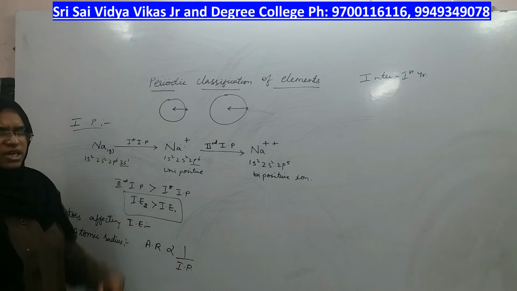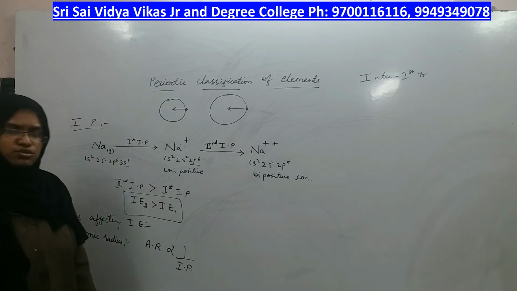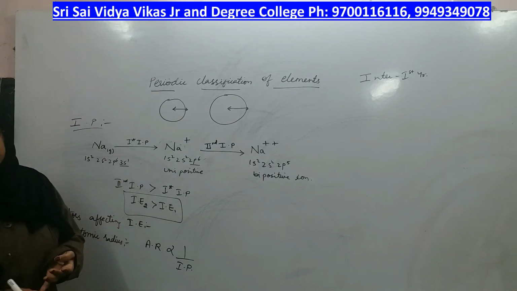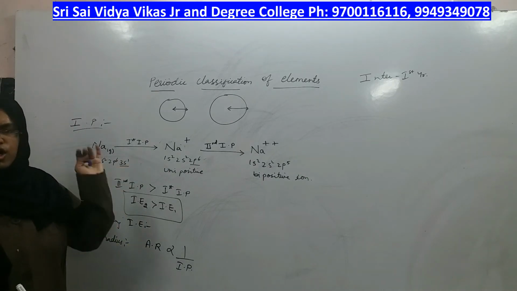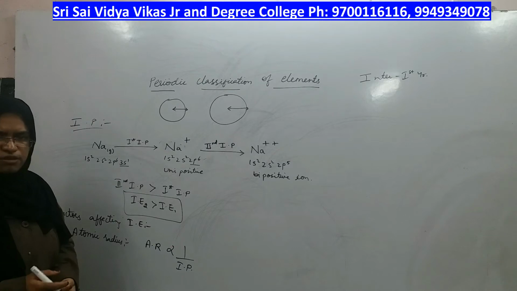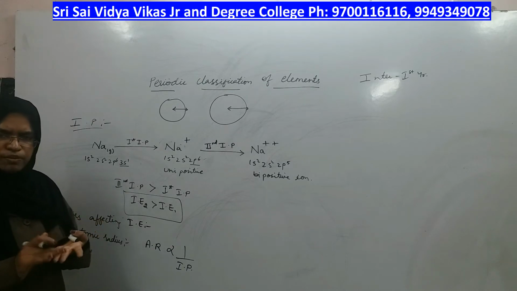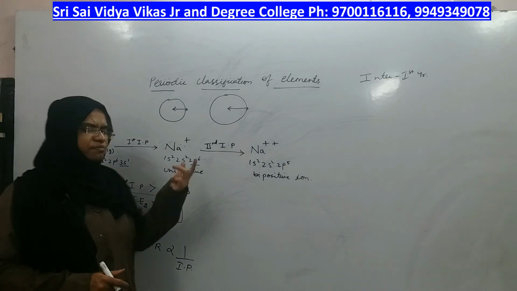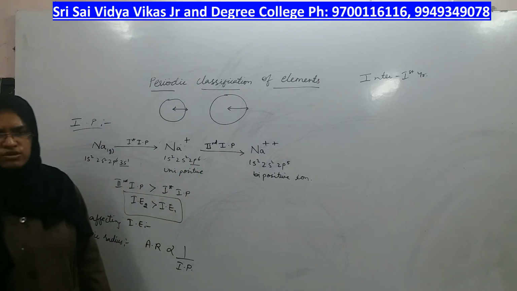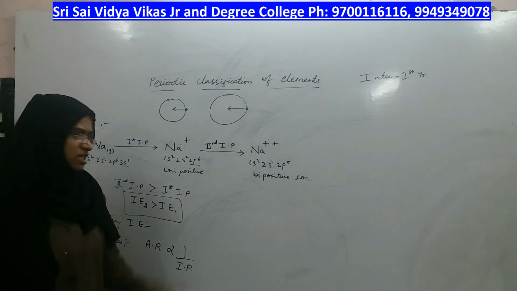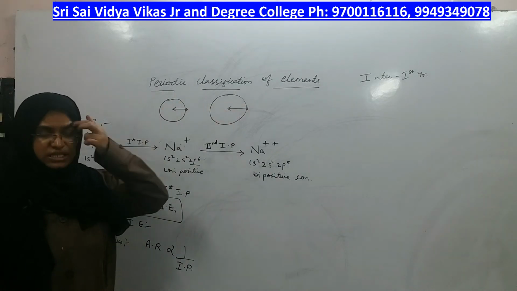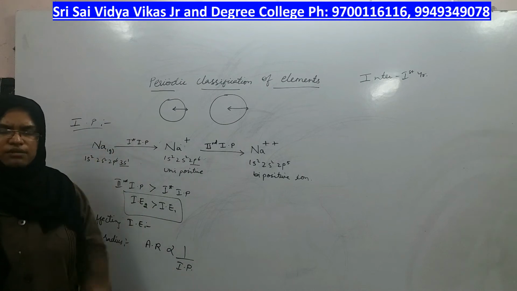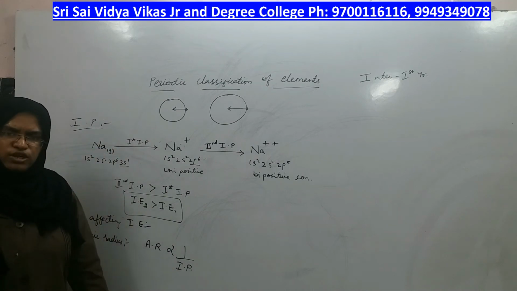So in a period, what happens to atomic radius? You should know very well. If you know the pattern of atomic radius, you can apply the same for all the periodic properties. Atomic radius is the basic property on which all other periodic properties depend, right? So in the period from left to right, we know that atomic radius decreases from lithium till the last atom, which is neon, right? From lithium, beryllium, boron, carbon, nitrogen, oxygen, fluorine and neon.